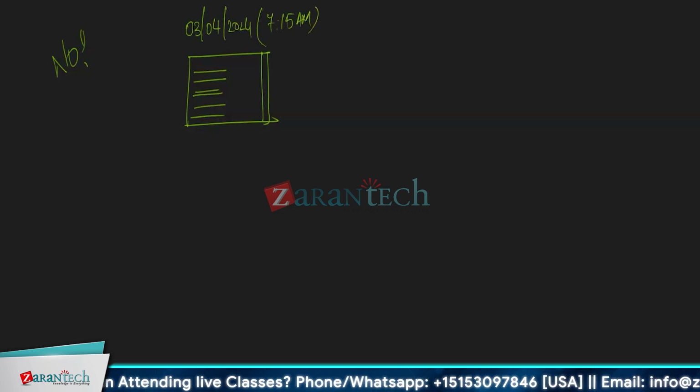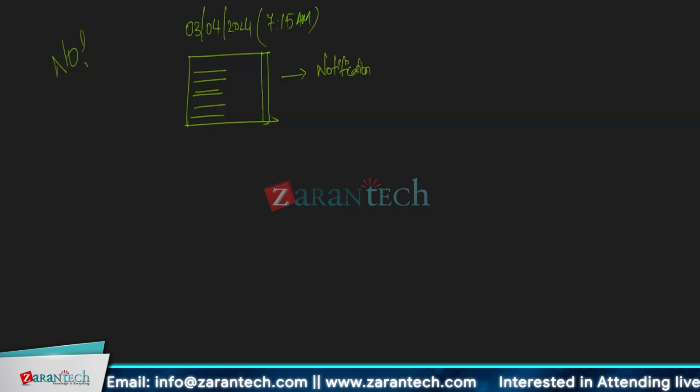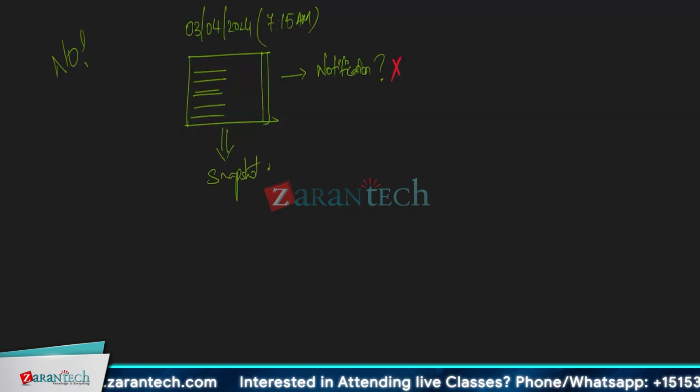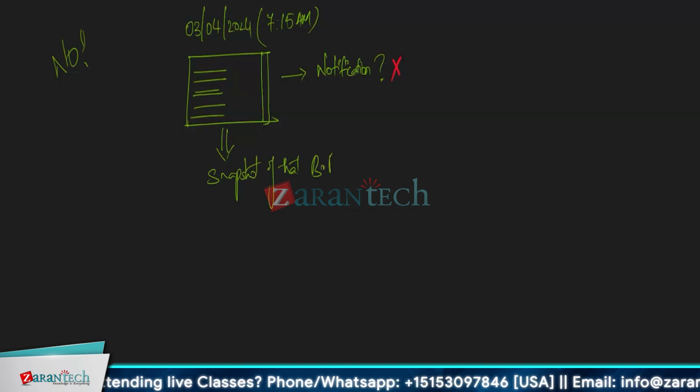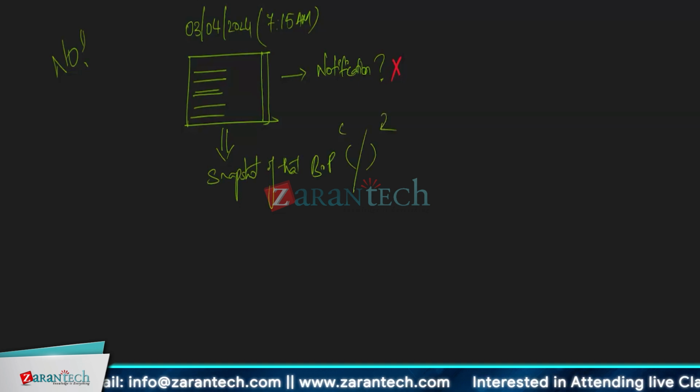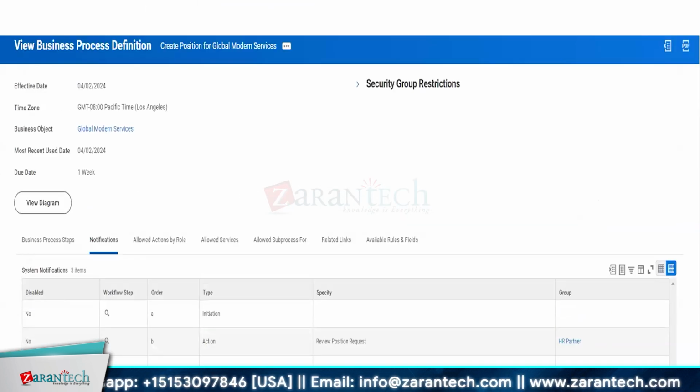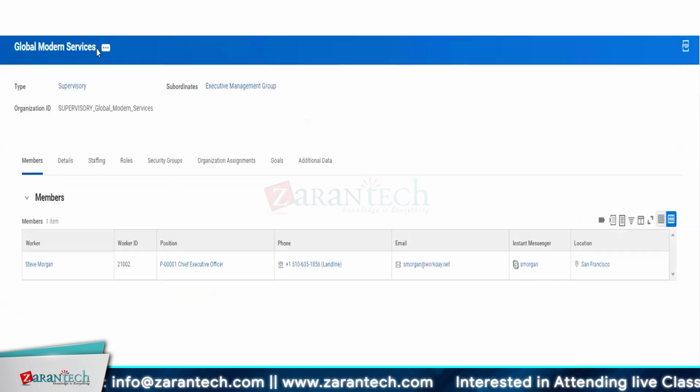Now, when I created this position, were there notifications already configured on the business process? There were no notifications configured, right? I did not configure the notifications at that time. When you created the position, whatever was the snapshot of that BP, that will be used. So in this BP, were there any notifications for cancelled or rescinded? There were no notifications configured. If I configure it now, and this time I create a position now,